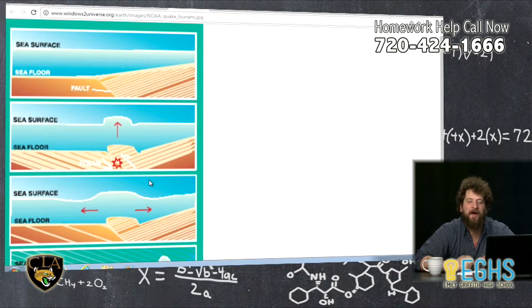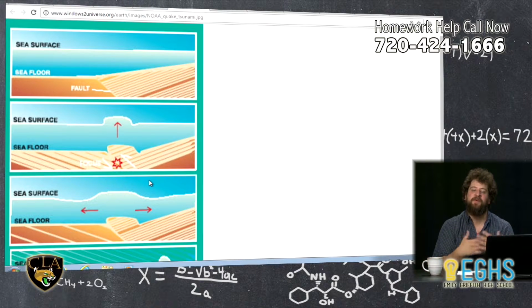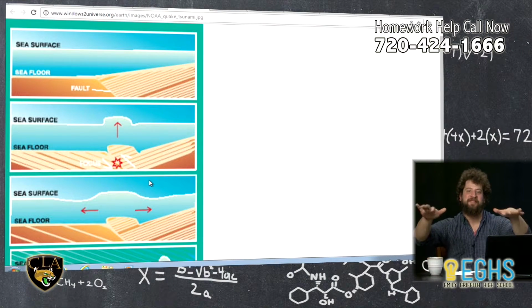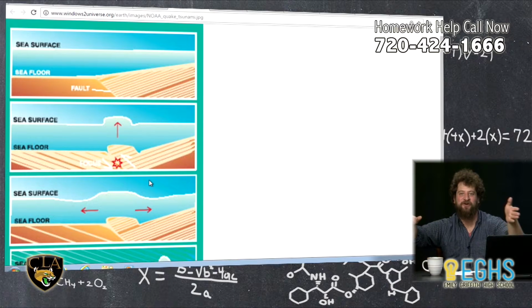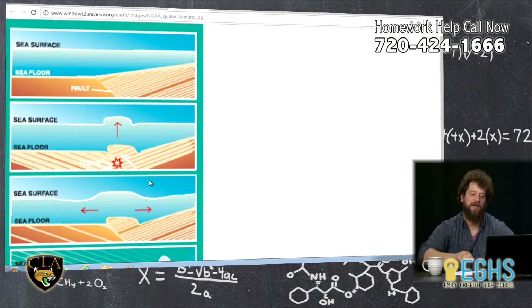I'll just point out here that a lot of the time when we think about wave motion in water, we think of moving water, like, oh, that wave is getting closer to me. And it's true that the wave is coming closer to you, but the water itself is typically not. The water molecules themselves in a sea, as a wave moves through them, are pretty much staying in place. It's just the energy that's moving through them.